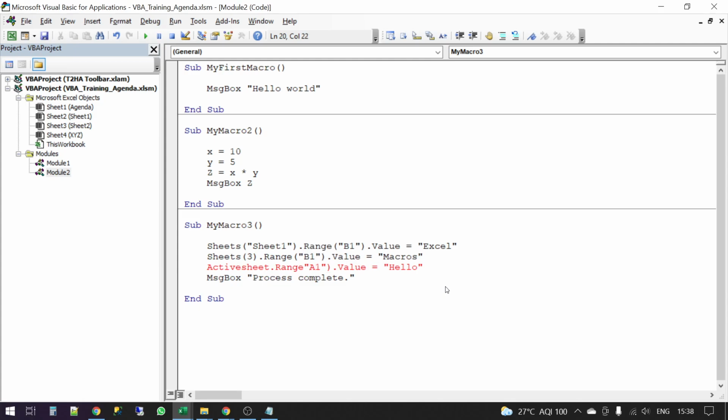Sorry, I forgot the bracket here. Yeah. So there are three ways to reference sheets: name of the sheet, the order of the sheet, and just saying active sheet. Simple. So whichever sheet is currently active will get this value.